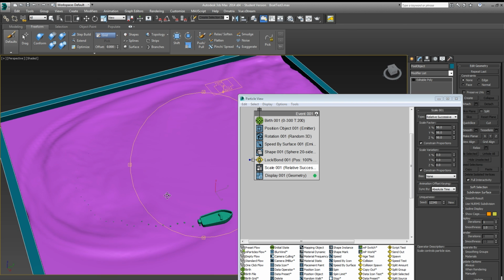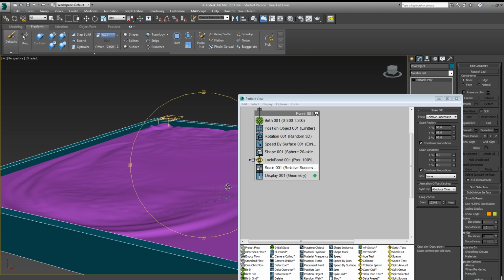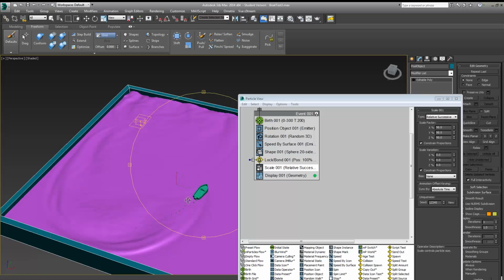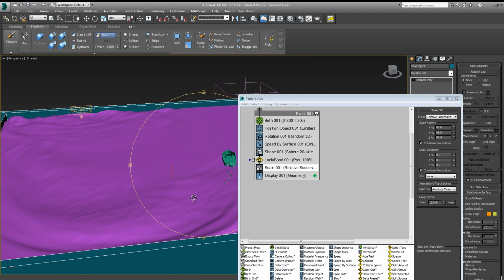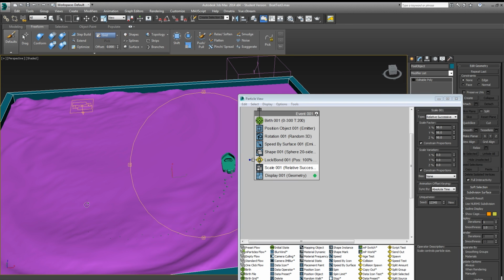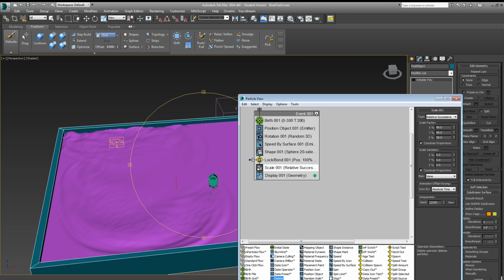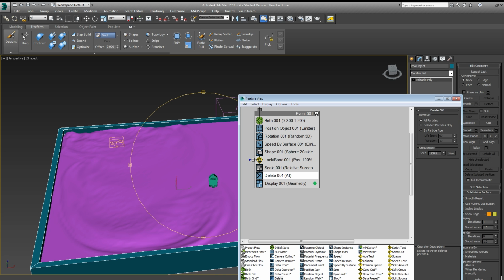Alright, so that looks good. It is trailing off. I like that. The initial size might be too much, but let's just go ahead and leave that for now. And then I want to delete these as they get too old. So I will bring in a delete, stick that under scale, and for the delete, what I'm going to do is set that for by particle age,